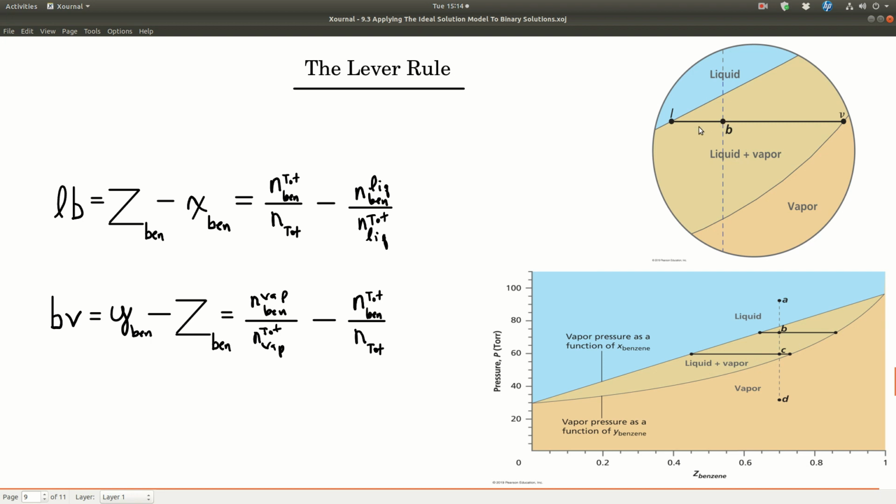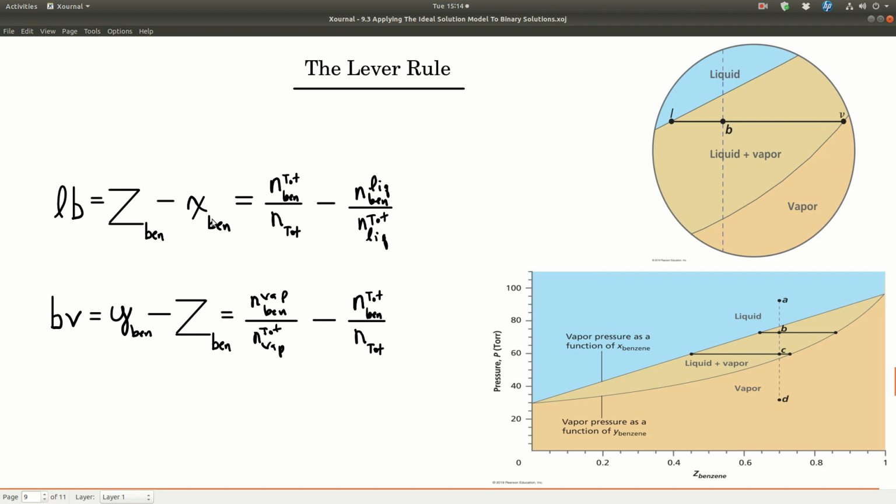So the distance on this tie line from L to B is just the Z here minus the Z here. So if we look down here at this one, this is just Z of benzene minus, at this point right here, we're right on the line, so this is just the mole fraction of benzene in the liquid phase